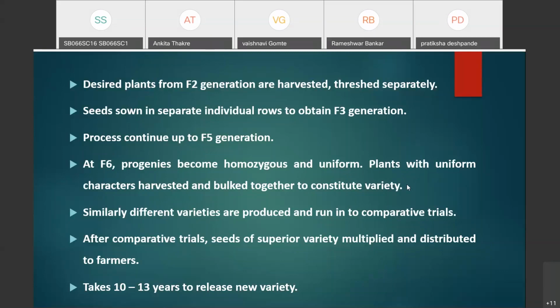ठीक आहे, म्हणजे 6व्या जनरेशन मध्ये मात्र काय करायचंय, इंडिव्हिज्युअल प्लांटचं हार्वेस्टिंग करायचं नाहीये, तर एकसारखे कॅरेक्टर असणाऱ्या प्लांटचं सिलेक्शन करायचंय, त्यांचं हार्वेस्टिंग करून त्याचे सीड्स तुम्हाला मिक्स करून टाकायचे आणि ती एक व्हरायटी म्हणून तुम्हाला ती ट्रीट करायची आहे. Okay, at F6 generation, the plants with the uniform characters are harvested and bulked together to